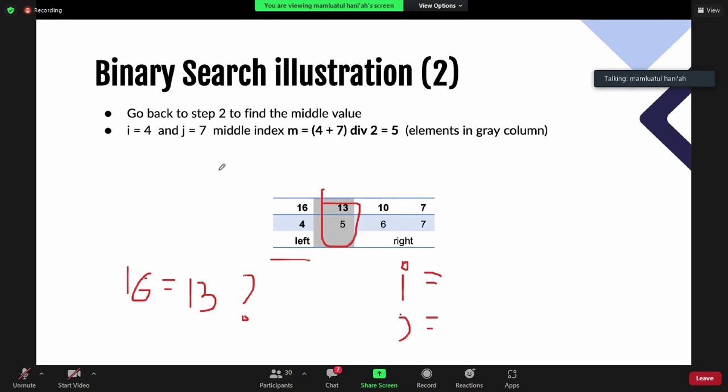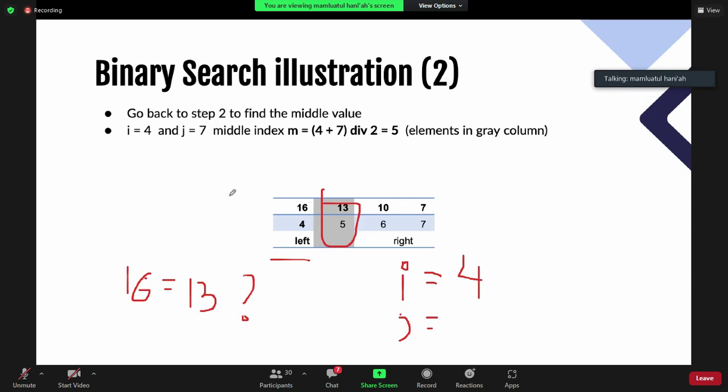Do you change the value of I if you want to go to the left position? You don't need to change the value of I. So your I is 4.